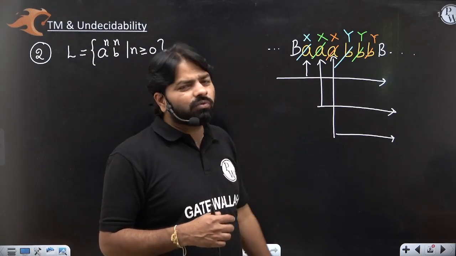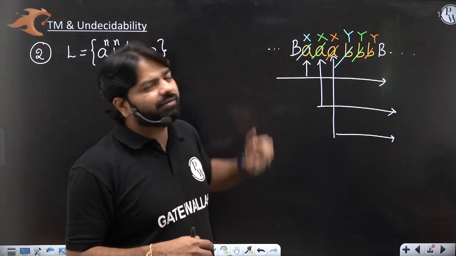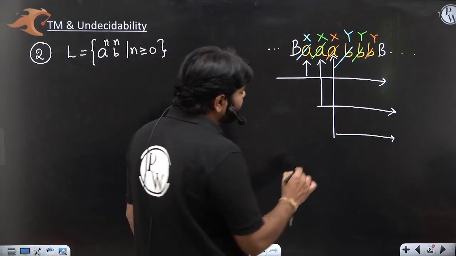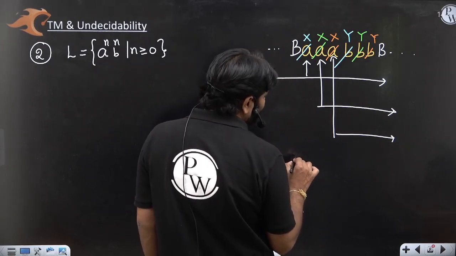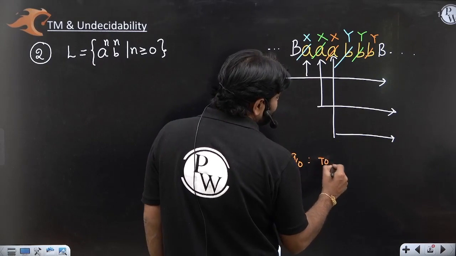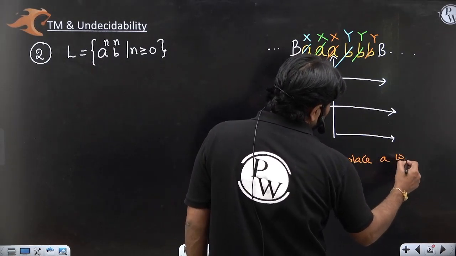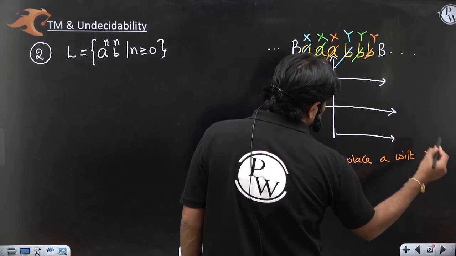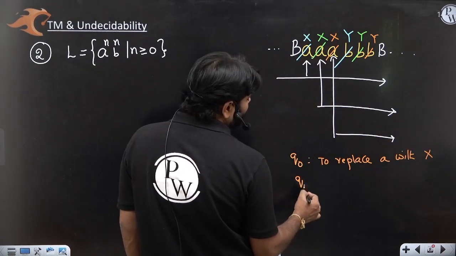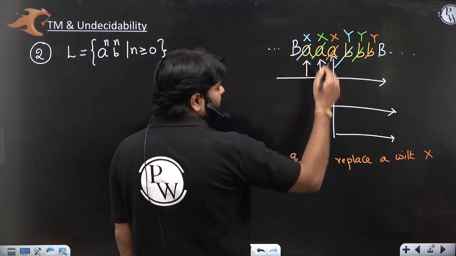Now I'm going to do one thing: first, q0 is going to replace a with x. So I'm going to take care of the functions like this: q0's job is to replace a with x. That's all the job of q0. And what is q1's job? q0 will hand over to q1, which will try to find the b,